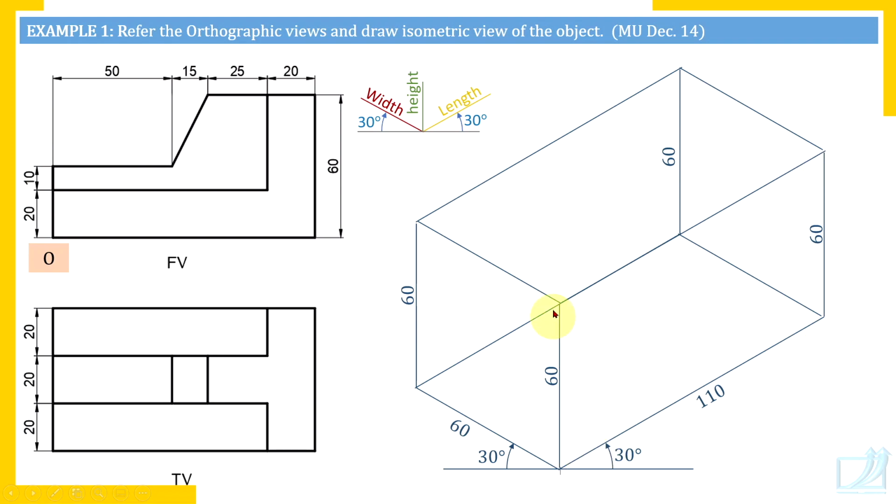Identify the 6 sides of the box. This is the front side of the box. Check here, parallel to the width, that should be the arrow showing the front side of the object. So here is that arrow showing the front side of the object. So this is the front side and this rectangle is the back side of the box. This rectangle is the left side of the box. This rectangle is the right side of the box. The base rectangle and the top rectangle. So this is how we have identified the 6 sides.